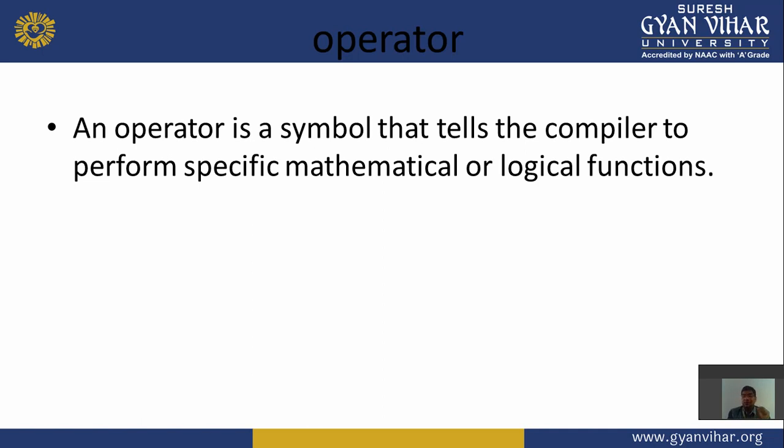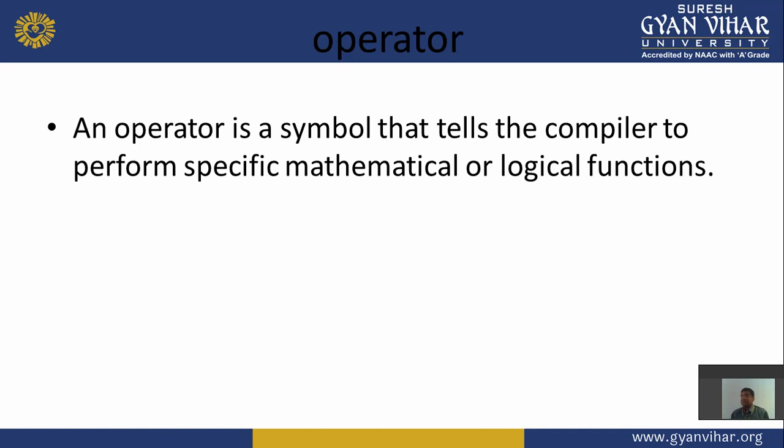A unary operator is one that performs the operation on only one operand. Operand means a variable or a value. Plus 2 means only one value is used, positive 2, negative 2, those are the positive and negative signs, and they work on only one value. So operators that have only one operand are called unary operators.